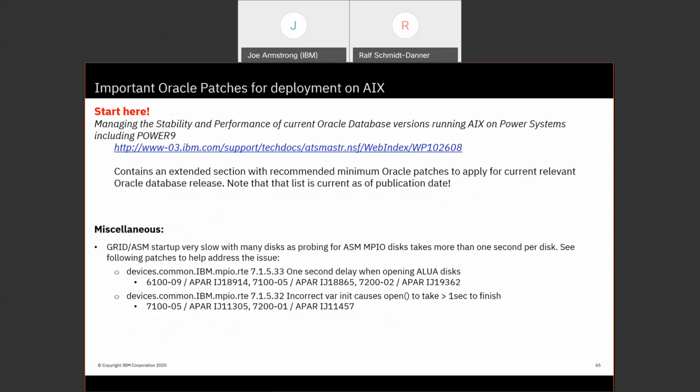Important patches for deployment of Oracle on AIX. This is a key document that every DBA and system admin should have on their calendar. Check it every two weeks or so, or at least every month, in case there was an update. There's a lot of the material I covered last week and this week